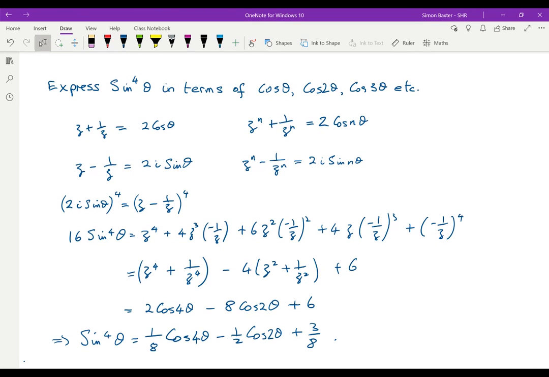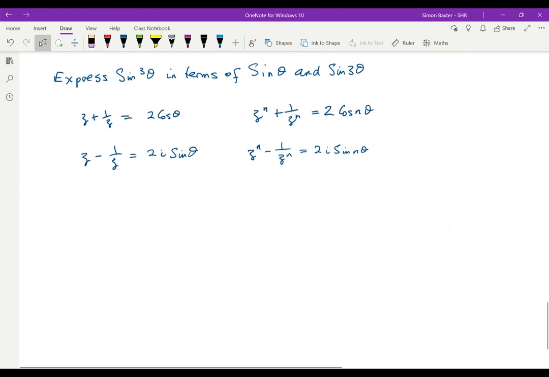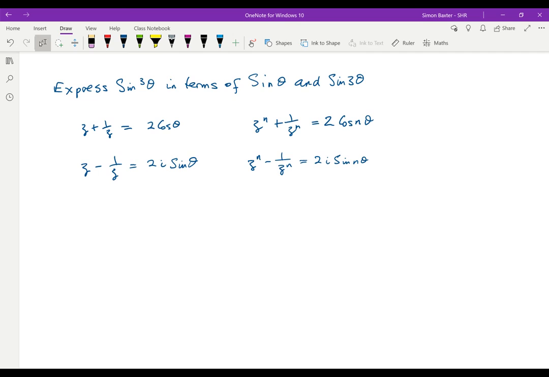There is a slight difference when we're dealing with sine to an odd power. Just to keep life easy, we'll just look at sine cubed theta. Express sine cubed theta in terms of sine theta and sine 3 theta. Well, I want sine cubed theta. I'm going to be using this one. So I write down 2i sine theta